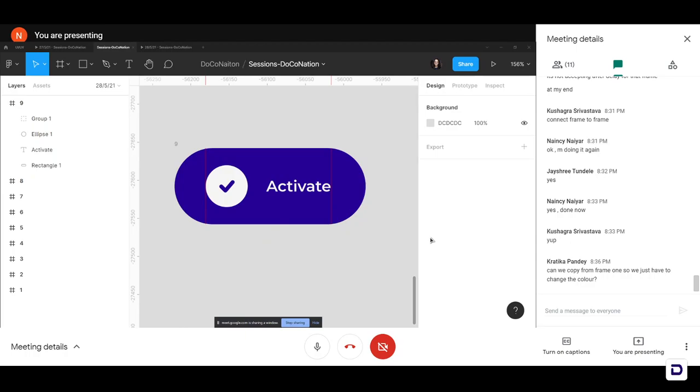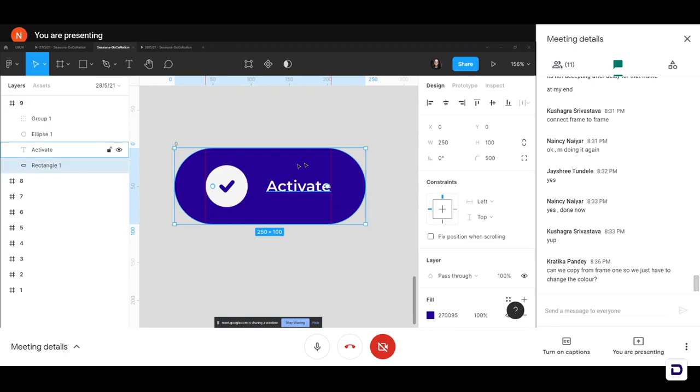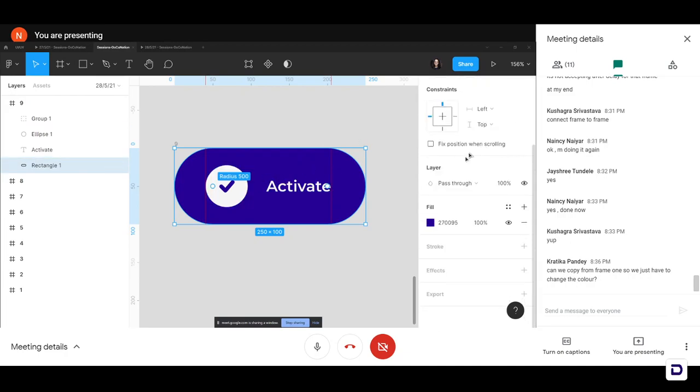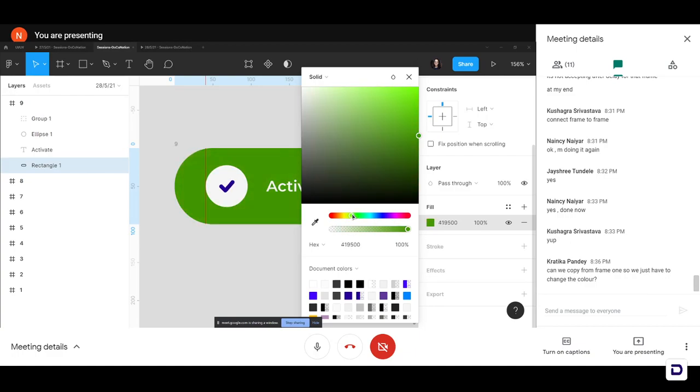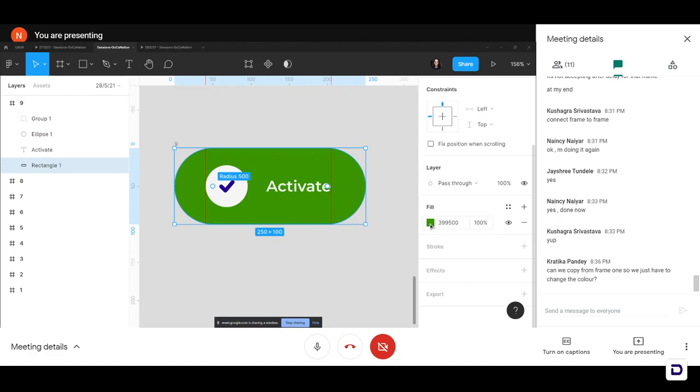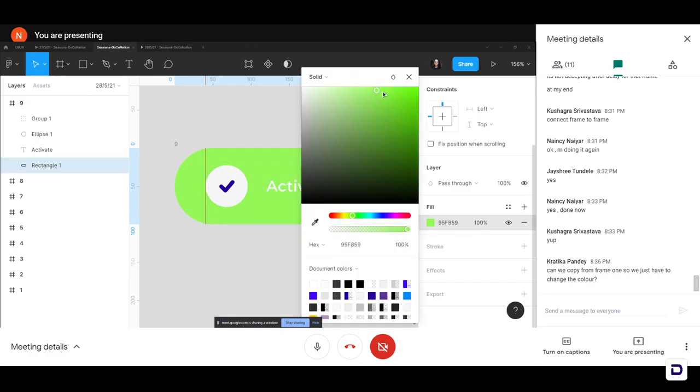All we have to do is change the color of the background now. So again, to do that, I will select my rectangle inside my group 9, the background rectangle. I'll head over to my properties panel, go to fill, and maybe I want it to change to green like we saw in the animation. So let me just simply drag this and maybe we'll use a lighter shade of this. This looks nice. So you can drag your color wheel and select whatever color that you want. It doesn't have to be purple and green. It can be anything. So according to your preference, you can choose your color.